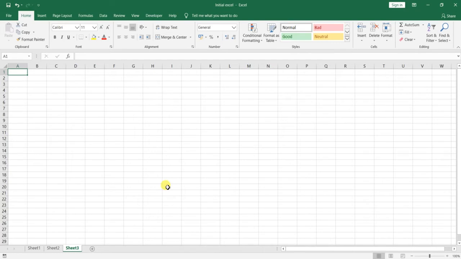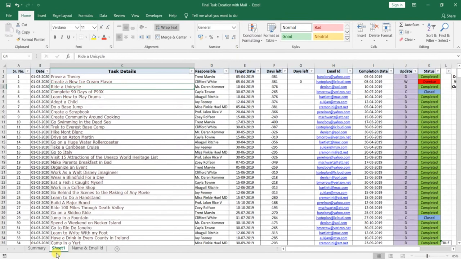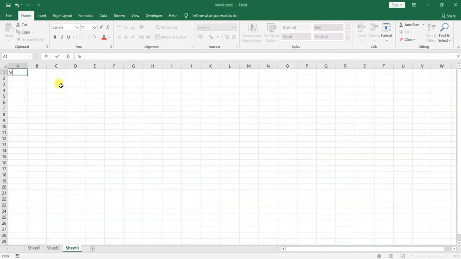Now what I want to teach you is that let us go through this which we want to prepare. What is first? First is serial number, date, task detail, responsible. So let us make it like that, serial number.